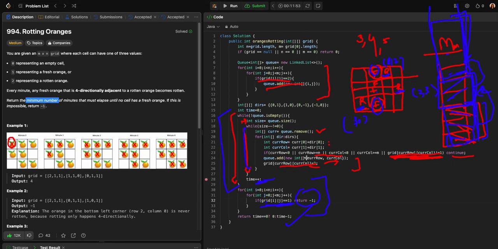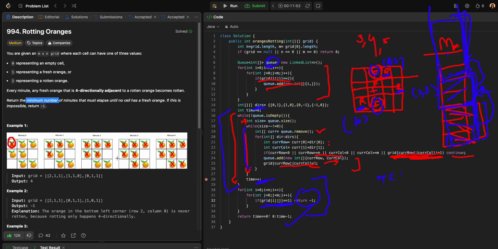Before we go on, let me quickly discuss the time complexity and space complexity as well. So when we talk about the space complexity first, the only space that we are using is this queue, correct? This directional array that I'm using to keep track of all the 4 directions is constant, so we are going to ignore it. But the major elements that we use is this queue, correct? And we can assume that all of the values will get added in this queue some way or the other,